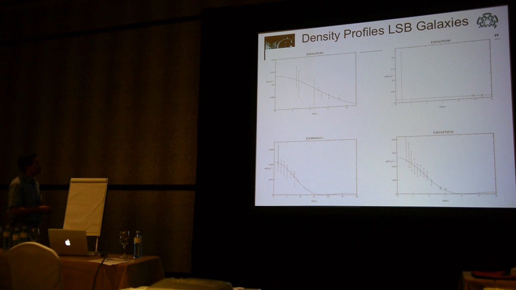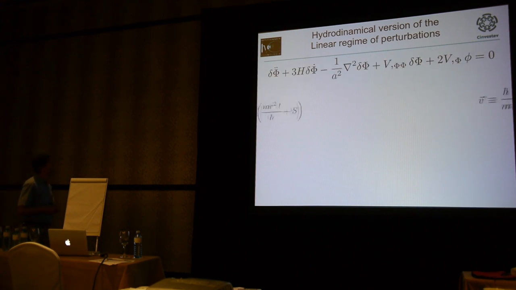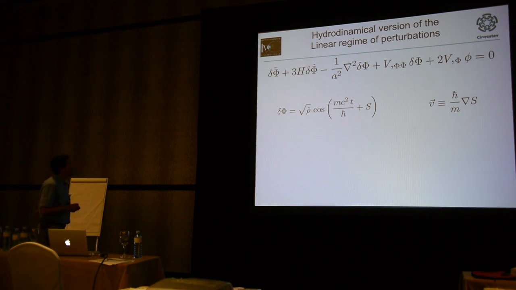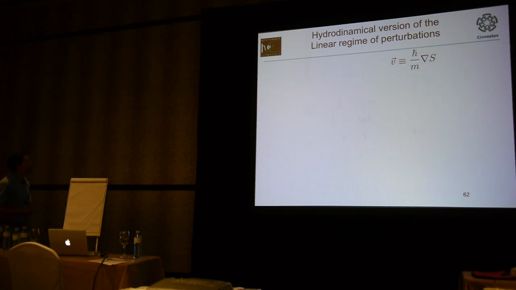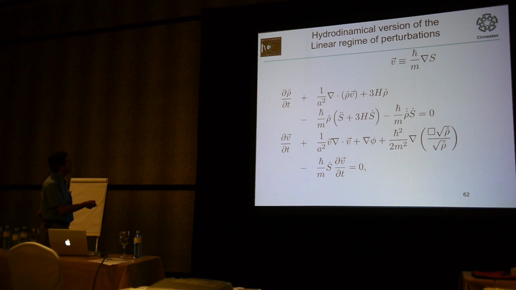You see, you can fit them very simple. Well, the last feature, this is also very interesting, is you start again with this equation, the evolution of phi, and make this transformation. This is a function transformation, where this S appears, and with this function you can define a velocity using the gradient. Well, but the thing is that this equation, the equation of the evolution of the density perturbation, becomes